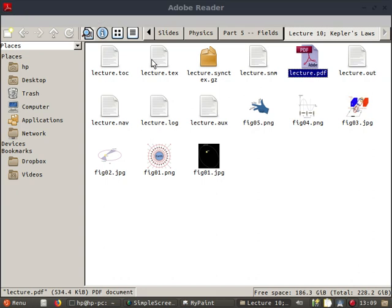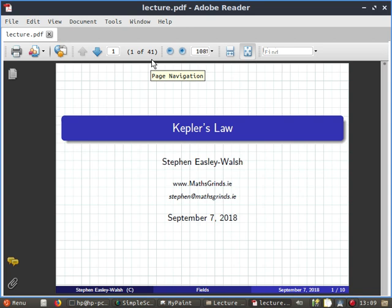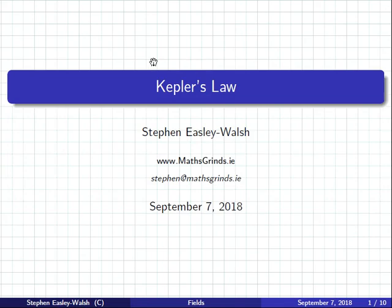Let's get started. Alright, if you can write that down. Kepler's laws. Where is my pen gone? Okay, you got that? Kepler's laws? Okay, so